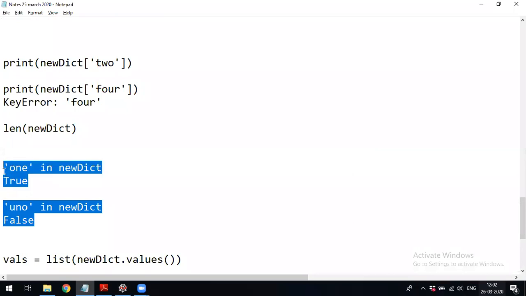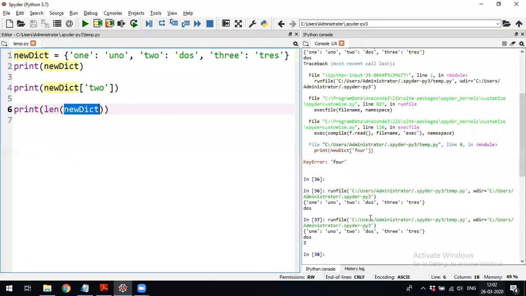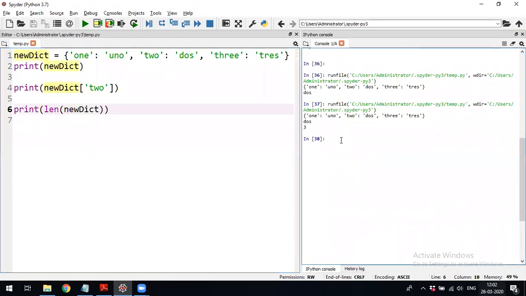Even you can check these things, whether the key 1 is present in this dictionary. Yes, it is present.